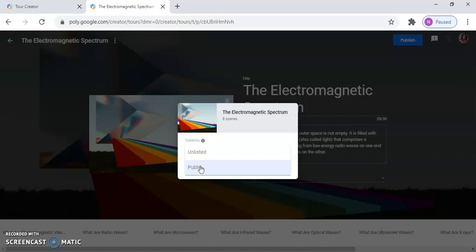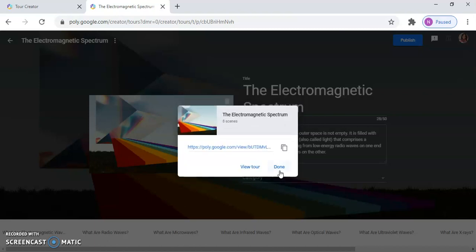So generally it is recommended to keep it as unlisted if you want it to be private, and if you want to share your content with everyone on the internet, then you can keep it as public. So currently I will keep it as unlisted and then click on publish. You can copy the link and share it with your students.